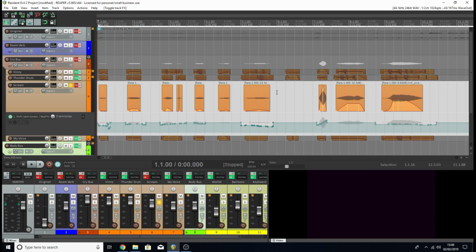I was trying to do some screaming myself, but it sounded a bit rubbish. I think the scream I ended up with was a female scream of a lady just going, ah! Chopped it up into little bits and moved the regions around. I did try stretching it, but that just made it sound too artificial. It didn't sound natural. So in the end, luckily it was a decent long sample, so it didn't sound too repetitive. I chopped up some bits, put them in places to match the video, and yeah,